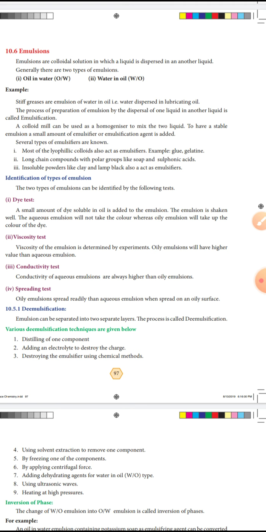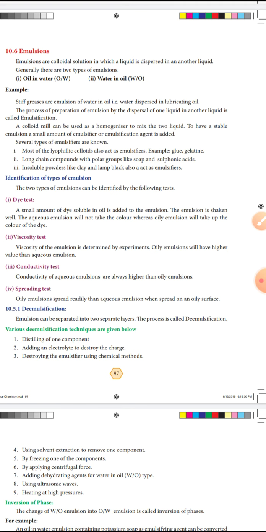So next let us learn various applications of colloids. In every part of life, colloids play a great role. The human body contains numerous colloidal solutions: the blood in our body, protoplasm of plant and animal cells, and fat in our intestine in the form of emulsions. Synthetic polymers like polystyrene, silicones and PVC are colloids.